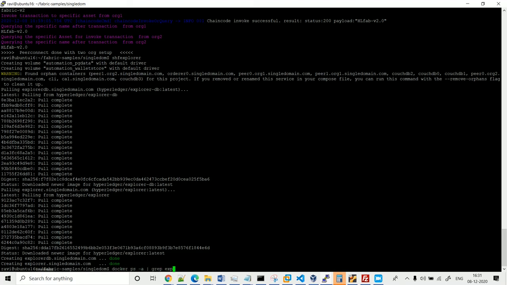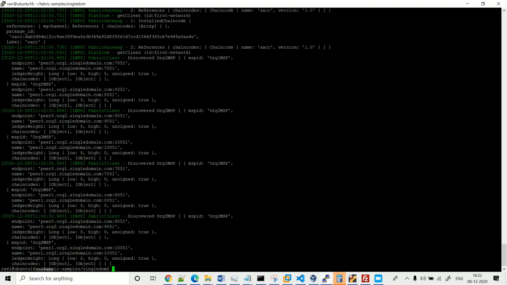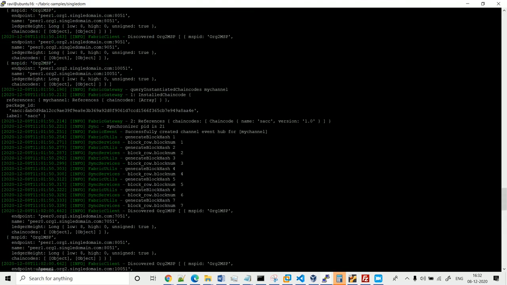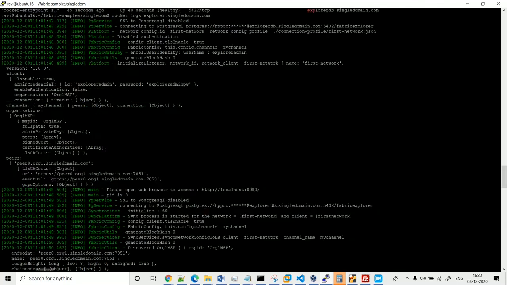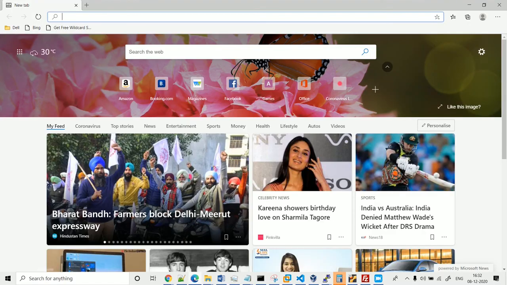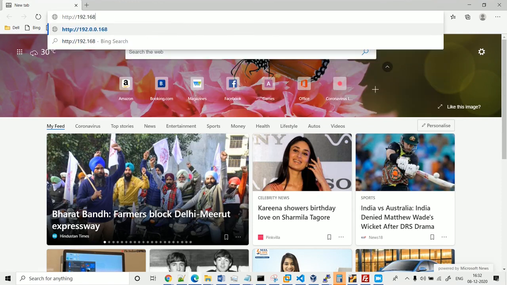Right, and we can see the logs, whether there was any error or not. If there is no error, it is able to pull the blocks from the transactions. Yeah, we can see that all are green, so it seems to be yes. You can see all the blocks that have been pulled. So now we are good to see the GUI from the Explorer browser view. The usual port number is 8090, and that's my Ubuntu machine IP address. Yeah, now it has launched.